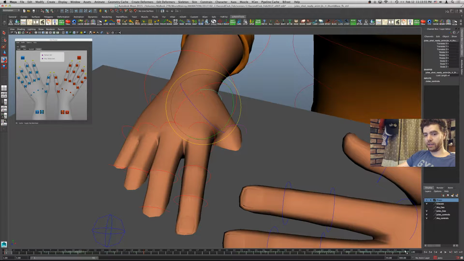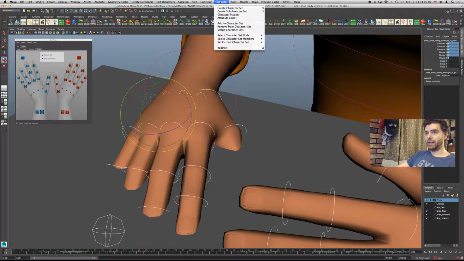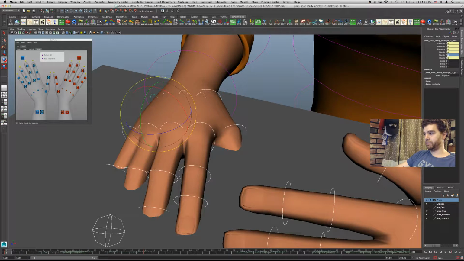Oh, great thing to catch here before I got real into this. Let me select all these elements. I'm going to do the translations and rotations. I'm going to add them to my character set. So I have a character set for my Jules character. That's this guy. And there we go.